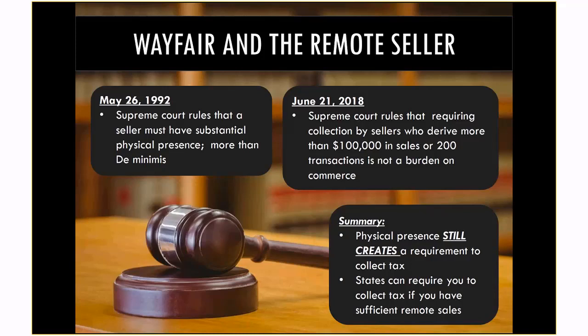The new one is based on you made a certain dollar amount or a certain quantity of sales into a state, even though you've never been there. Or if you didn't have any of those thresholds, but you did something substantial in that state, such as storing inventory there, making deliveries, having an employee presence of certain activities. Now you have to collect that state's tax. So it's either through your physical activities or your financial activities. So both standards still apply.